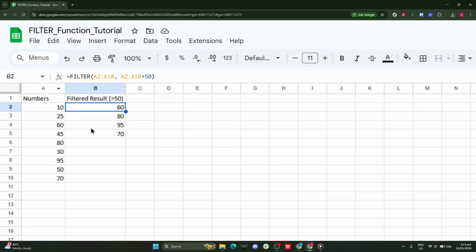Finally, remember that filter works by evaluating each condition as true or false. You can build powerful filters by combining conditions, and filter will only return rows that satisfy them all. That's the core idea. Specify the range